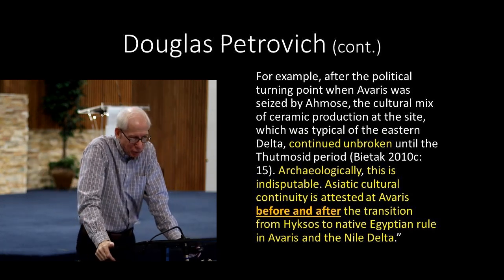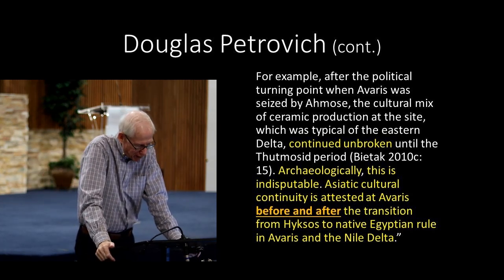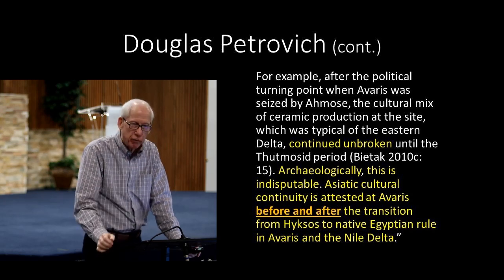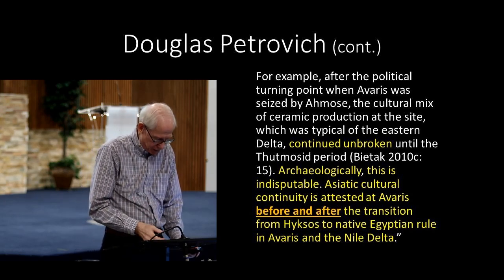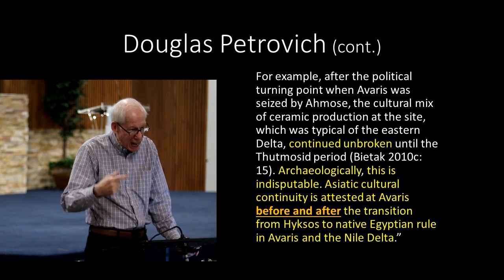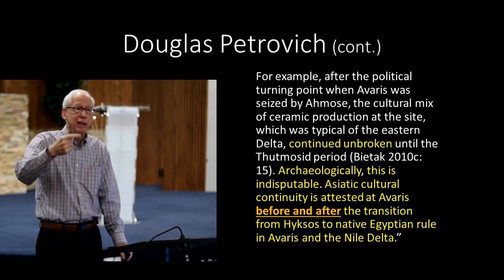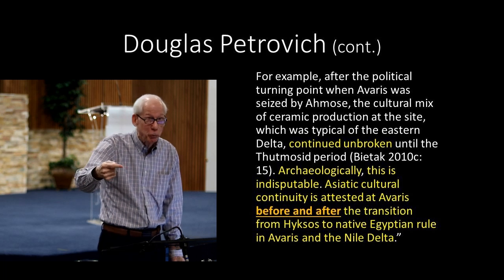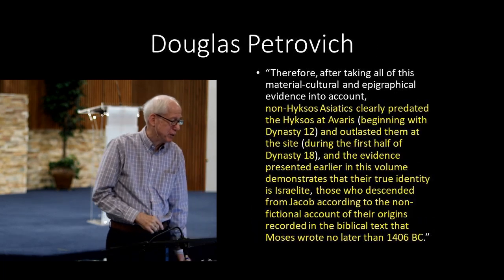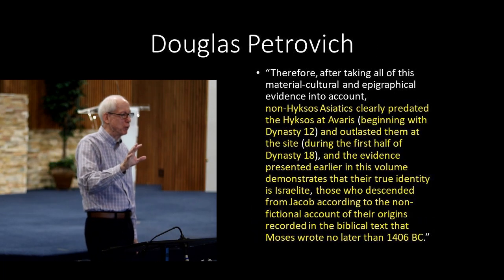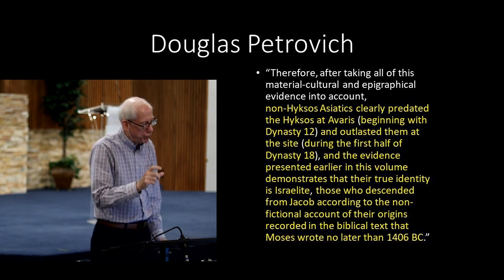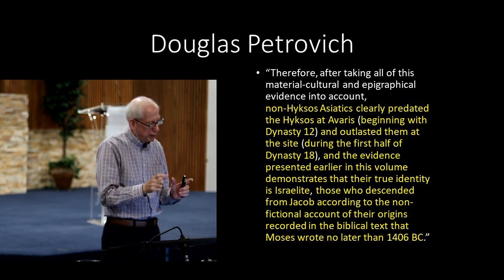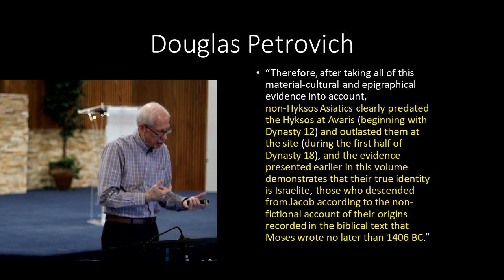And it's also based on questionable arguments that he makes, and he doesn't account for other evidence that suggests that the remaining Asiatics are non-Hyksos Asiatics, or more specifically, Israelites. Here's how Petrovich concludes his discussion of this. He says, therefore, after taking all this material, cultural, and epigraphical evidence into account,